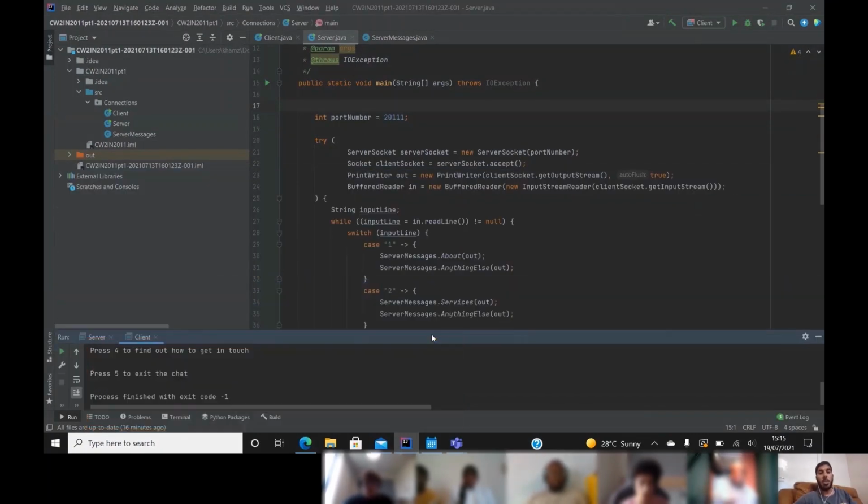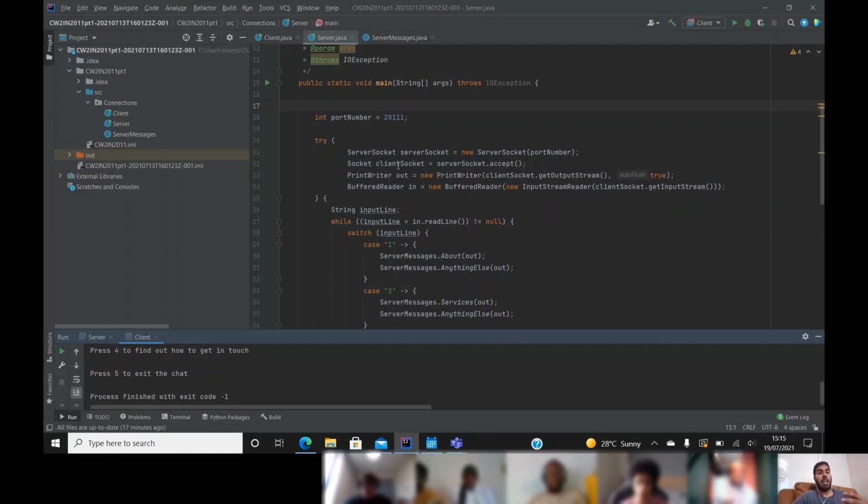Yep. Cool. So before I start the demonstration, I just want to do a brief explanation of what this project is. This project is basically a chatbot. It's using the Java programming language, and it makes use of a TCP connection with the client-server model. Essentially, the server will send messages, the client will respond, and depending on how it responds, the user will see different information.